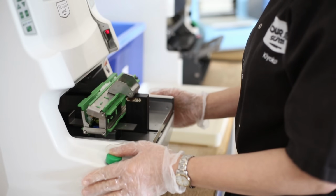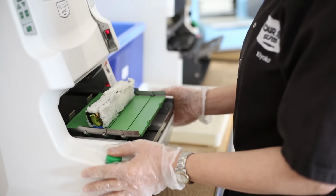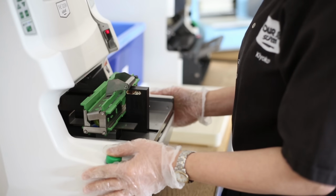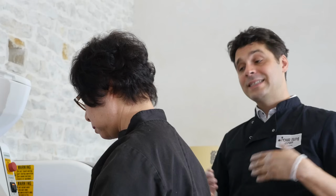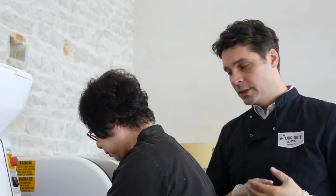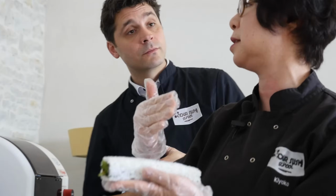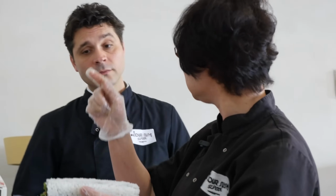So that's one, and then you turn it, and another one. And this is basically the machine that makes the square rolls. So it's pretty square. But I do like square ones because when you cut it and present it, it's quite neat. It's quite neat, but personally what I don't like about it